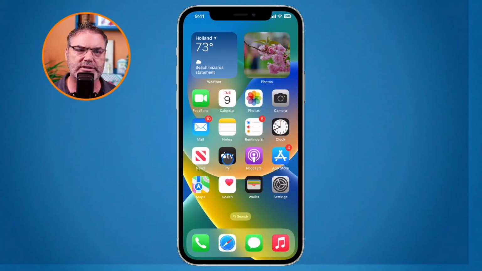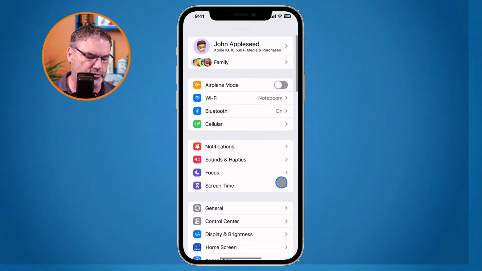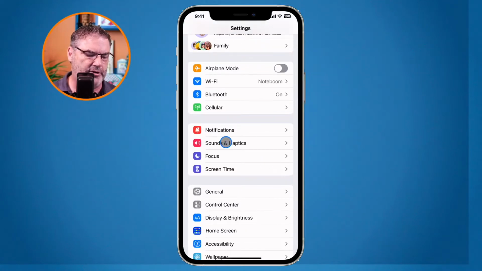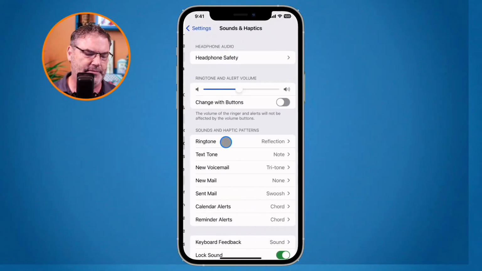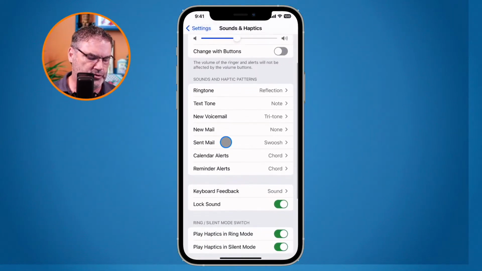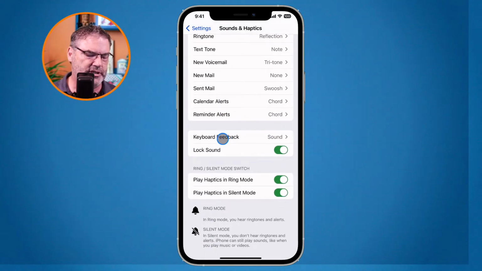Now, in order to turn this on, all we need to do is go over to our Settings app here, and then we swipe up until we find Sound and Haptics. It is towards the top, so you don't have to swipe up far. I tap on Sound and Haptics, and then when we scroll up here, what you're going to see is keyboard